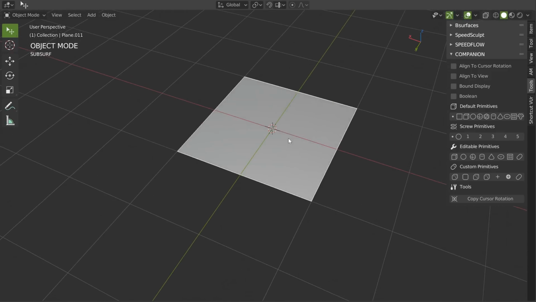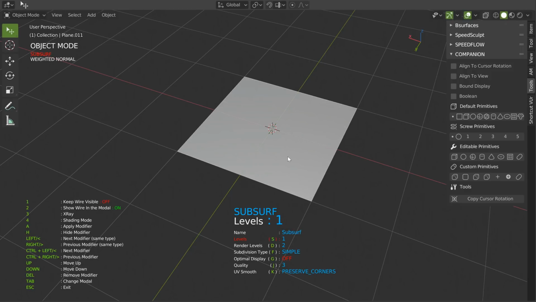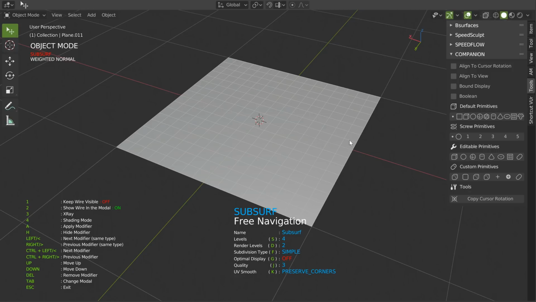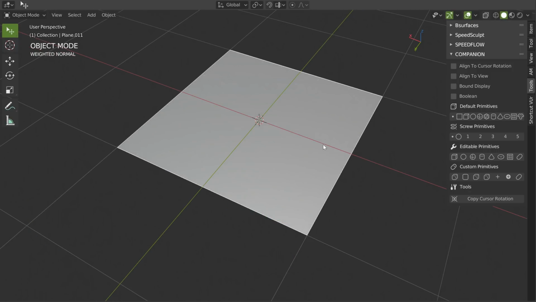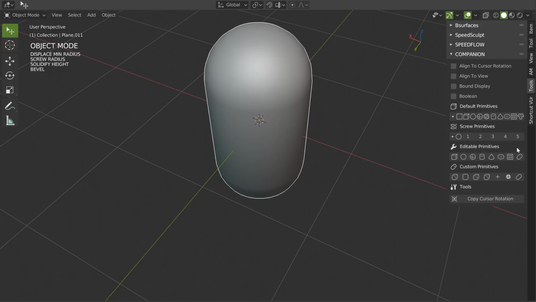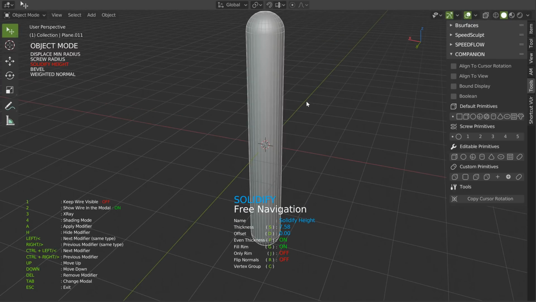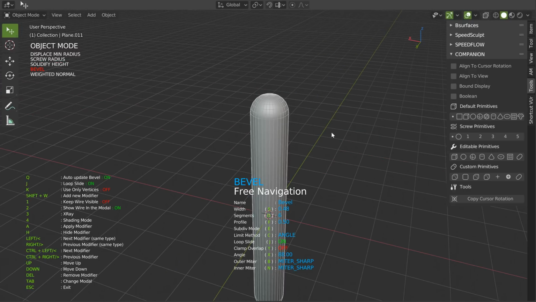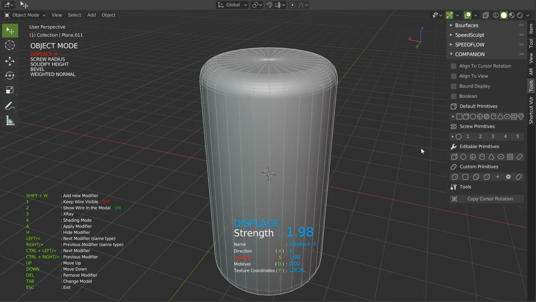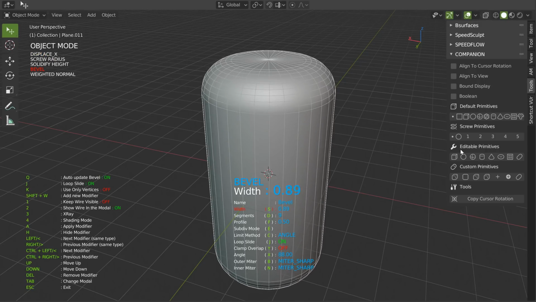The grid, this one is pretty simple, this is just a subsurf, like that. Like that, and after I can click on A to apply it, and exit, and this is just this. This one is a capsule. I can play with the solidify to do this. I can play with the bevel to increase the number or decrease the number of segments, just like that. I can play with the displace to make this, bevel to make this, etc.